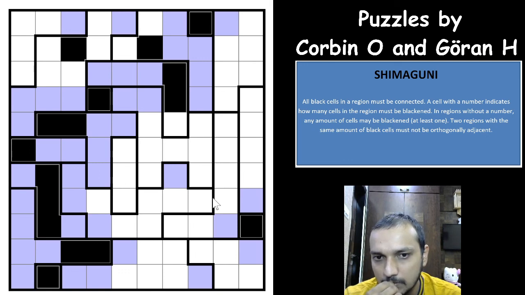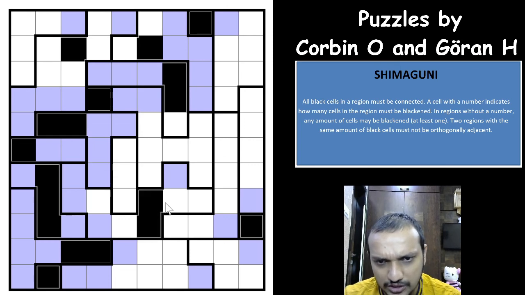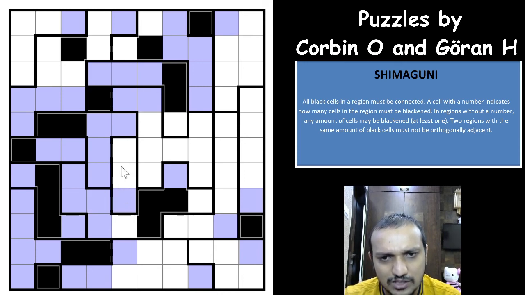Okay, now this region is connected to 2 cell, 3 cell and 1 cell as well, right? It is connected to 1 cell shaded region, 3 cell and 2 cell, so at least 4 cells would have to be shaded here. So this is unshaded, and 2 cells cannot be shaded here, at least only 1 cell can be shaded in this region. Okay, 1 cell cannot be shaded here in this region because it is already connected to 1 cell region. 1 cell, 2 cells, so at least 3 cells would have to be shaded in this region. Okay,